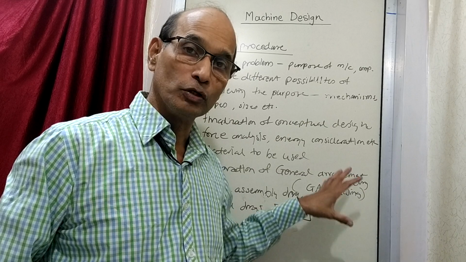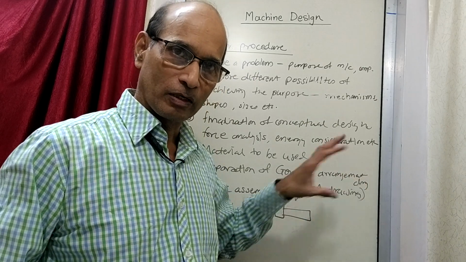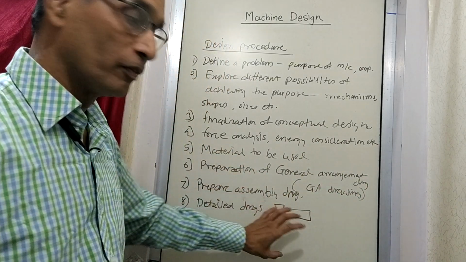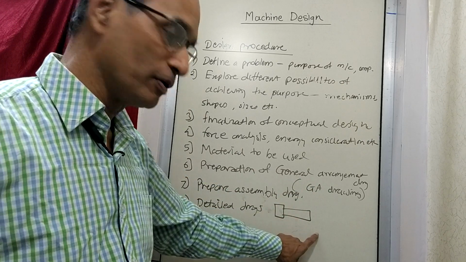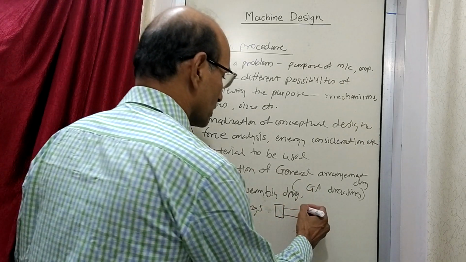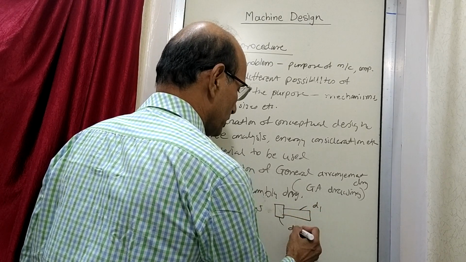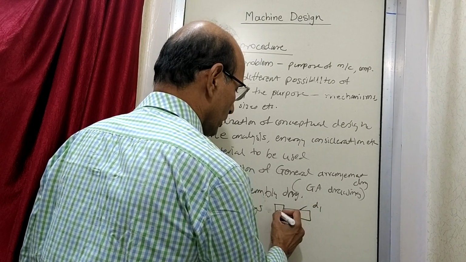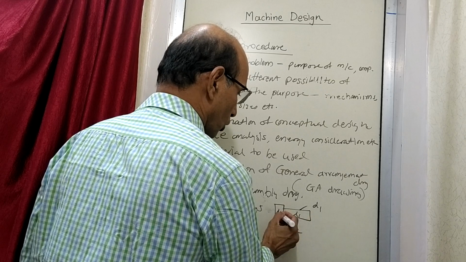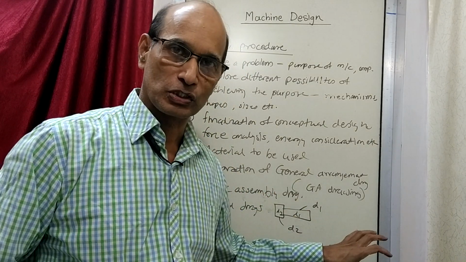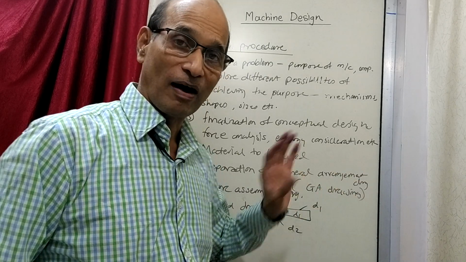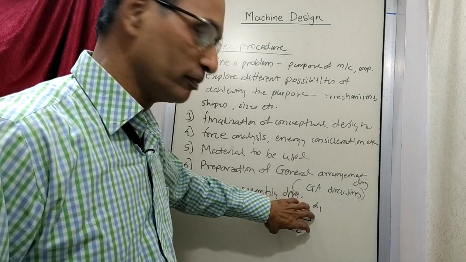Now what you do is take the calculations, whatever rough calculations you have done here. Now you finalize those calculations and arrive at the exact dimensions. How much, let's say, this is a diameter D1, this is a diameter D2, this length is L1, this length is L2. So all these exact sizes you find out by calculations and finalize the detailed drawing of this part.